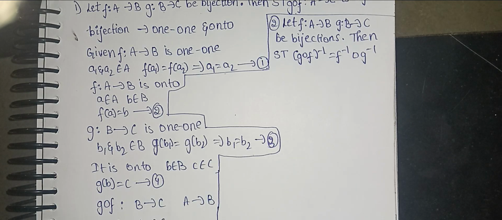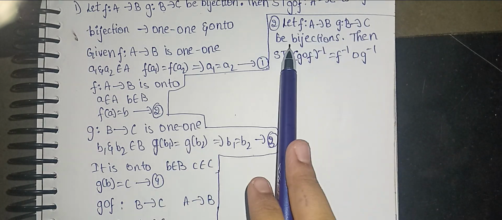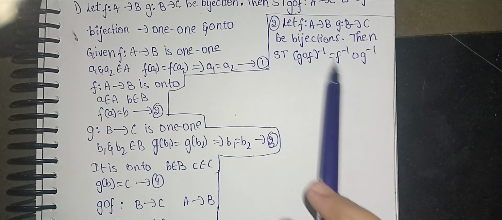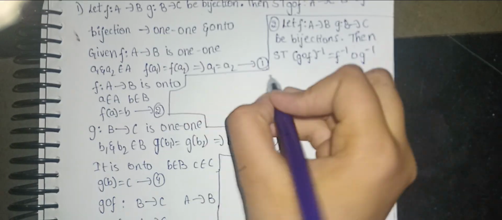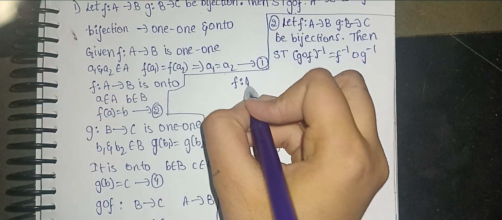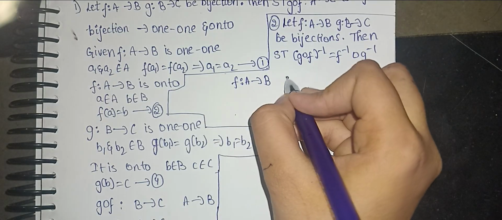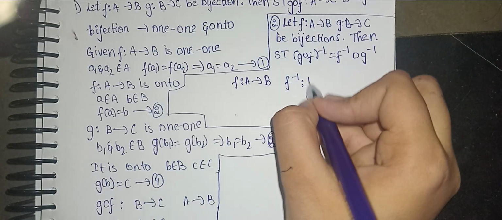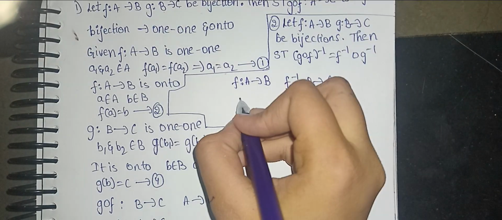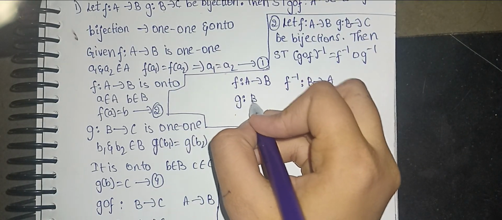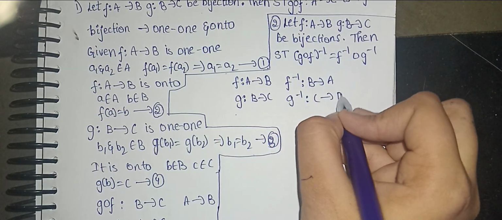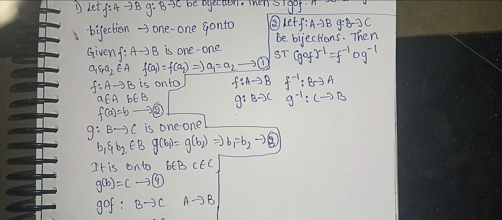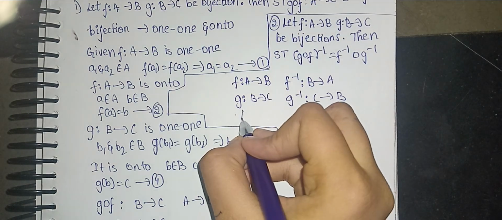Okay, this is the second question. Here also they gave that these are bijections and we have to show that they both are equal. Now, see, if f function is A to B, then f inverse function will be B to A. If g function is B to C, g inverse function will be C to B. Okay. So, let us consider